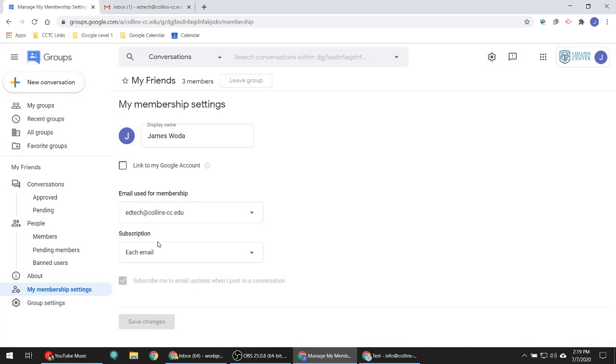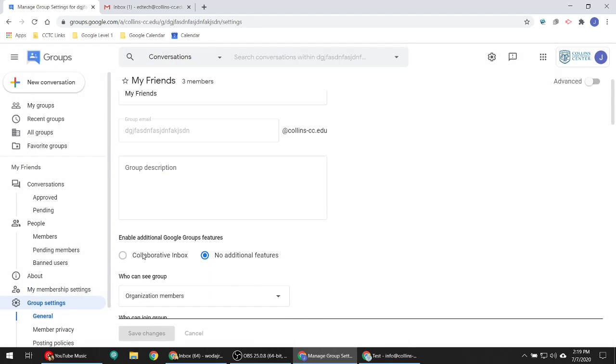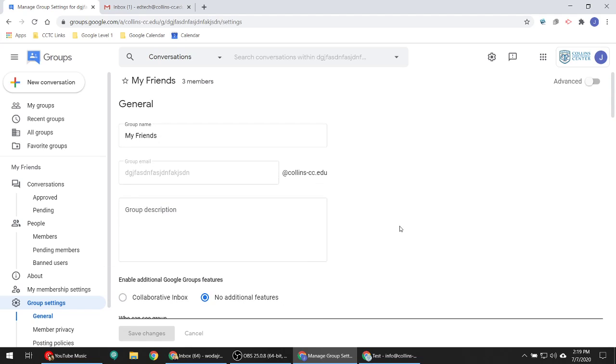My membership settings, this is just where you can change your individual status of how you want to receive your emails, link it to your Google account, that kind of stuff. Other group settings, collaborative inbox, that's pretty cool. If you've got a situation where you've got a bunch of people